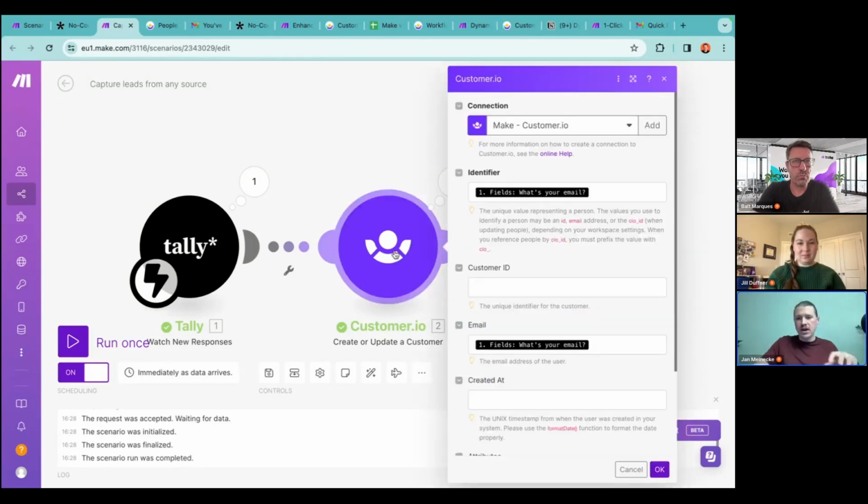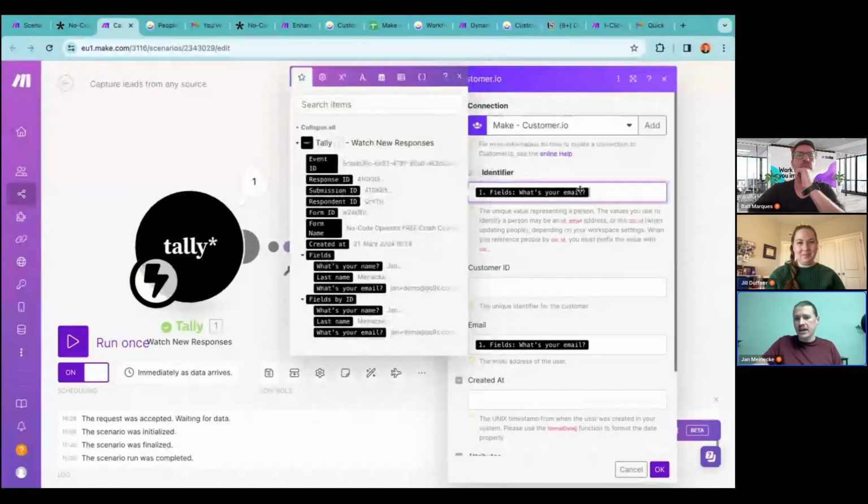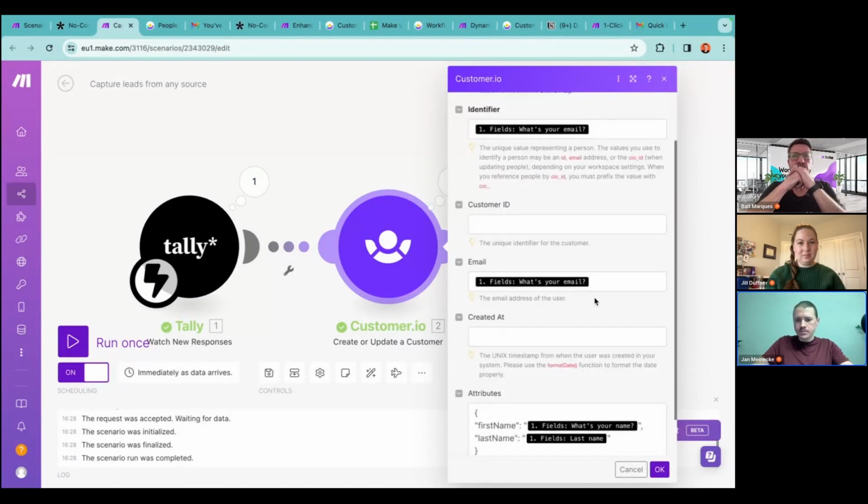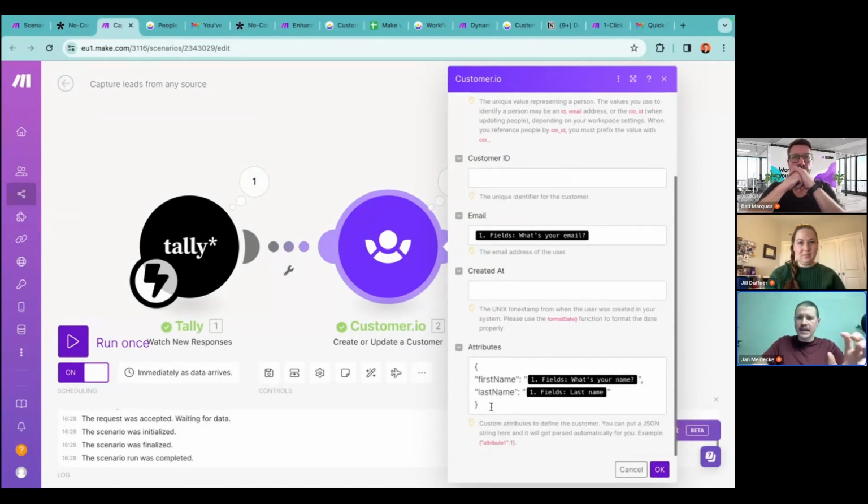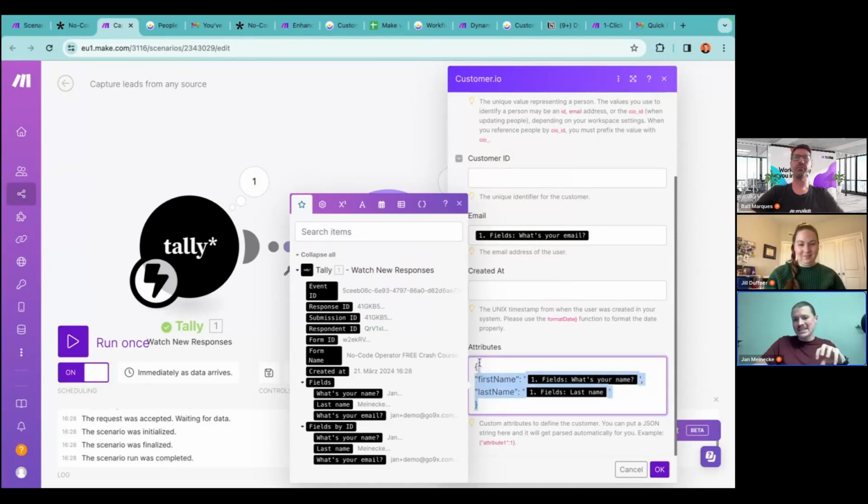If we now look inside some of these actions, on the Customer IO side, we can pass through the identifier, and in our case, we're just mapping to that email address from the first step. We pass the email address again, and then we can add a set of attributes. Now, this is for those of you who mentioned that code scares you, this is where you might start to get freaked out. Whether it's sending events or updating customers, every update, you can send what's known as